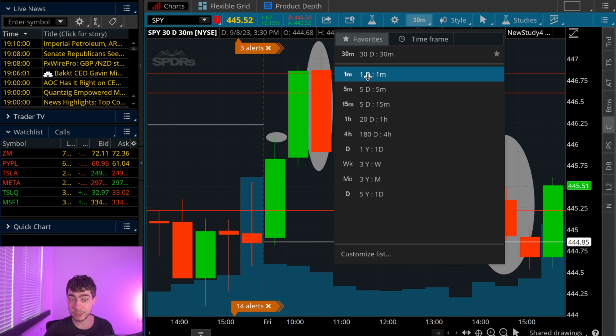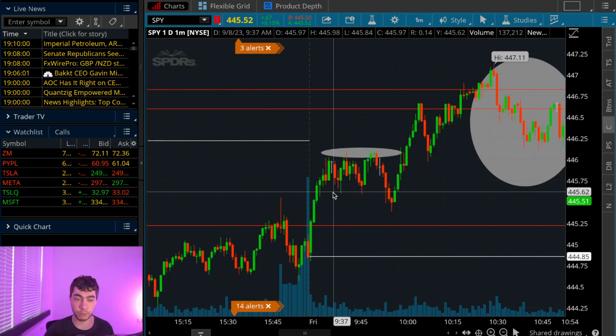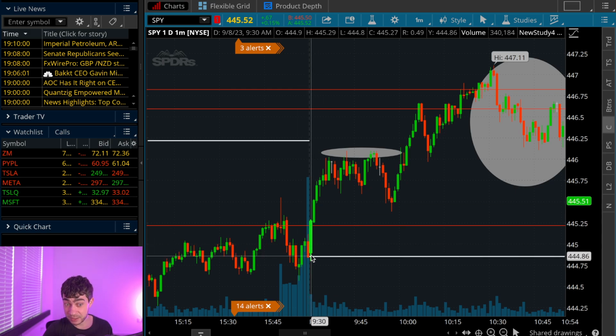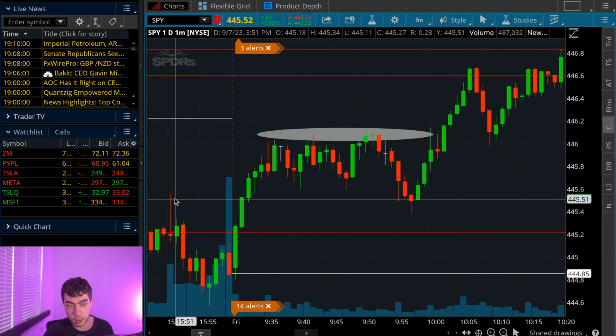So with the expectation of it having a bullish day, this was basically the first overall trade that was made on the day. Once I noticed that the SPY was ripping off the previous closing price and it was bottoming at our key level 444, I said this is bullish. And as you can see right here, when the SPY broke above this resistance level on a bullish day,